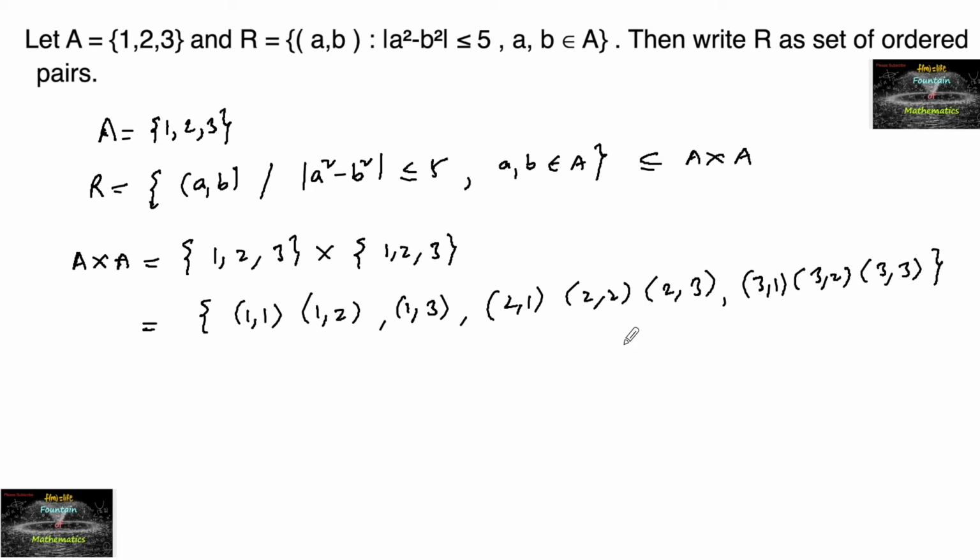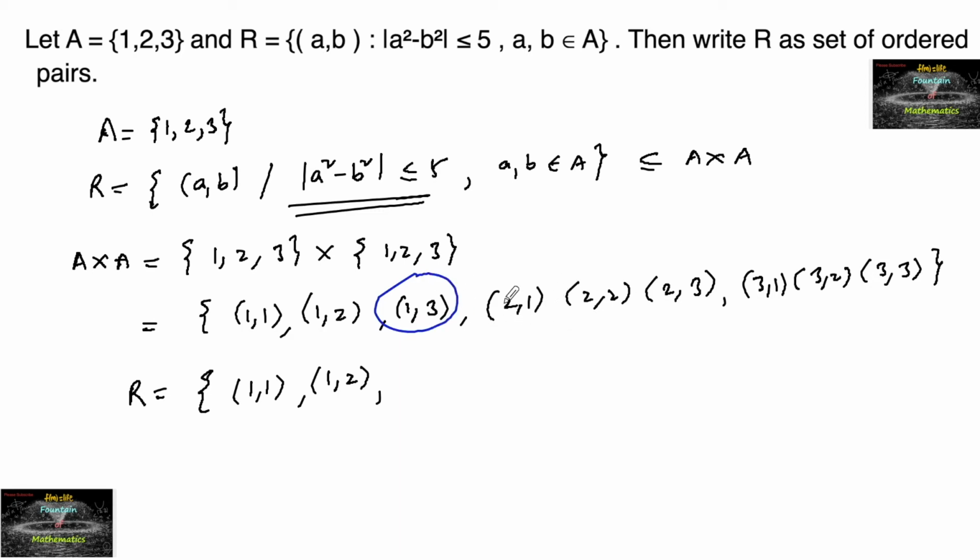Now among these 9 ordered pairs, we have to select the ordered pairs which satisfy the given condition. So we can write the relation R is equal to, so (1, 1), 1 square minus 1 square, that's satisfying. So (1, 1) is satisfying the condition mod of a square minus b square less than or equal to 5, and (1, 2), 1 square is 1, 1 minus 4, it's minus 3, mod of minus 3, that is 3. (1, 2) also satisfies, and (1, 3), 1 minus 9 is minus 8, that 8 is not less than or equal to 5. So (1, 3) is not satisfying,